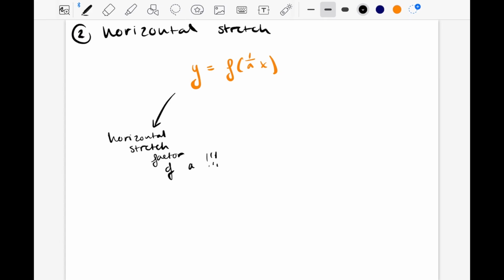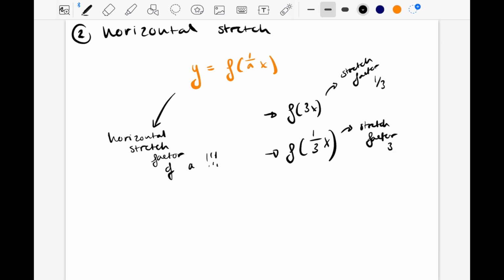Or if we say that a horizontal stretch factor is 1 over a, then inside the brackets we'll have a. And let me show you what I mean. If we have a horizontal stretch factor of 1/3, then we're going to have f of 3x. If we have a horizontal stretch factor of 3, we're going to have f of 1/3 x. So keep this in mind when talking about horizontal stretches, because it might lead to some miscommunication, and also the